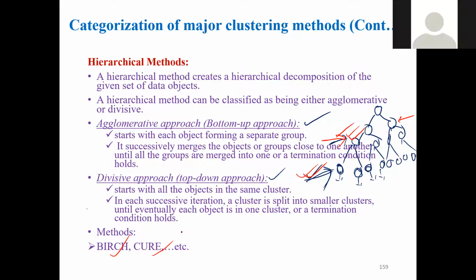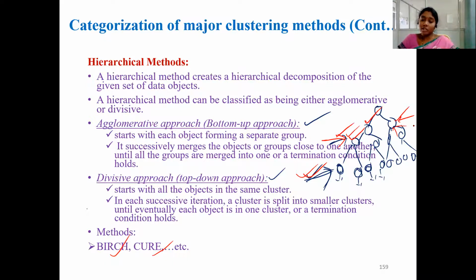Initially, we have one cluster, right? In the next iteration, we need to split the cluster into 2 clusters, and we need to check the condition, whether the particular condition is satisfied or not, whether the particular threshold is reached or not. That is purely based on the algorithm we have selected. And after that, in the next iteration, those clusters are split again. Suppose this cluster may be split into 2 clusters, and this may be split into 2 or 4. That we don't know. That is based on the algorithm we have used.